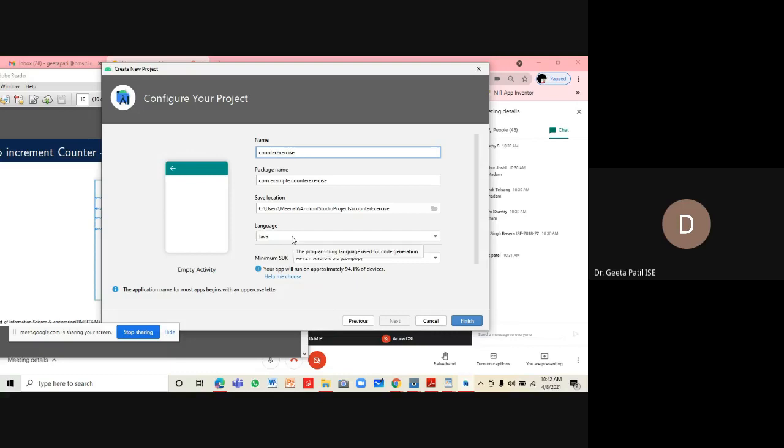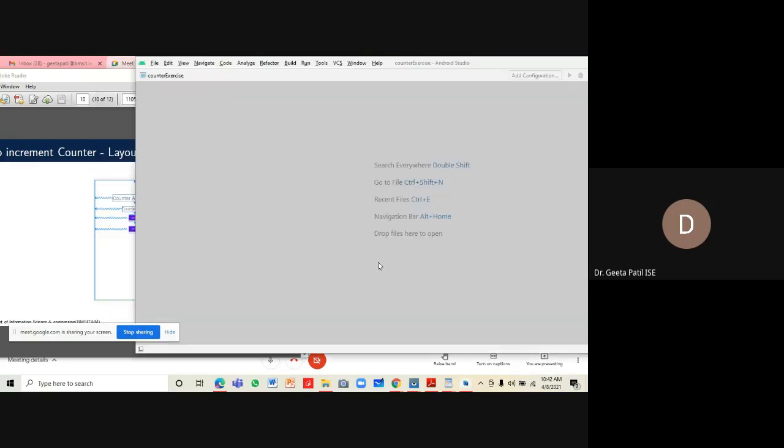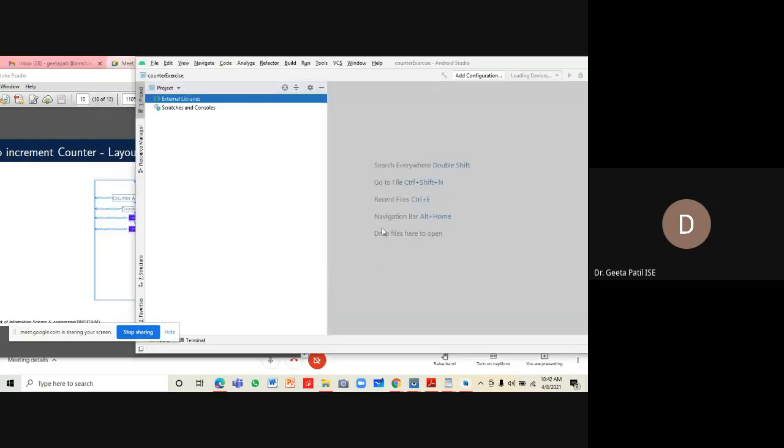Language used: yesterday we selected Java, so by default it will take Java. It works on any Android 5 Lollipop SDK, which is the one I'm going to use, and say finish. So the new project will be created.